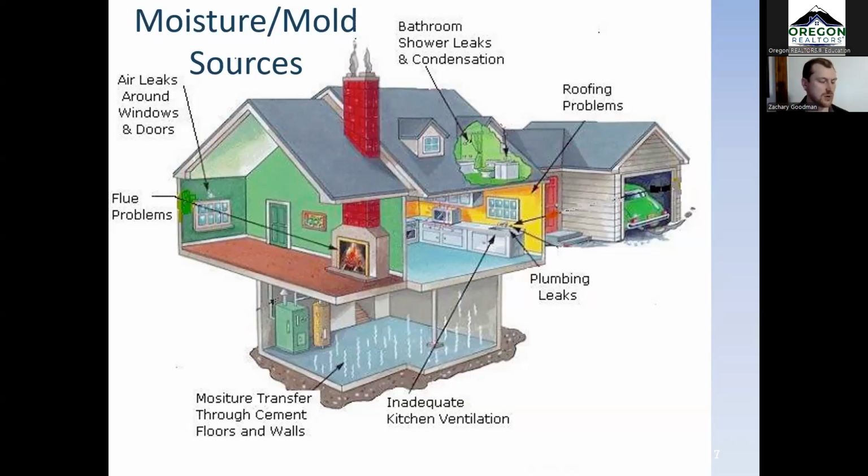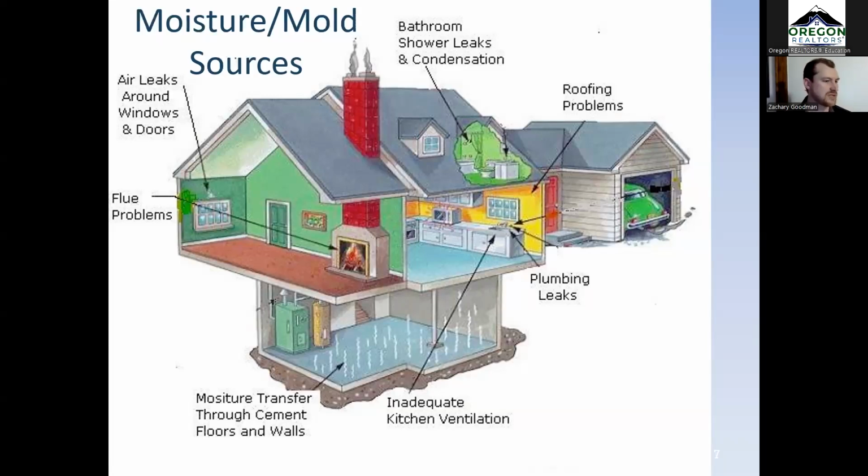There are also cases where inadequate kitchen ventilation can be a culprit. We've dealt with situations where someone really likes cooking, and when they like doing their cooking, they may not prefer to ventilate as well as they could or should. They don't have a window open. They don't have a ceiling fan going to disperse those now moist vapors that have the potential, at least, for mold growth.